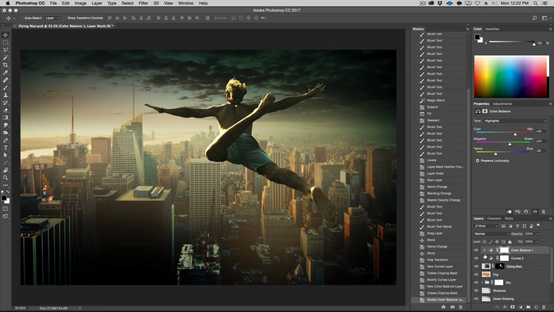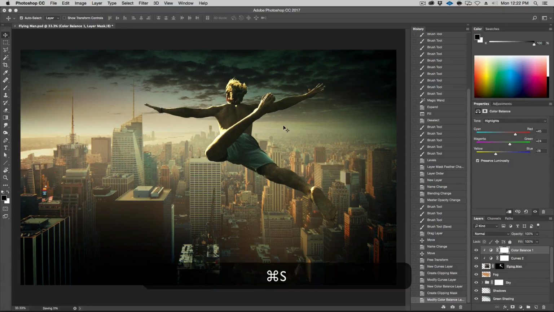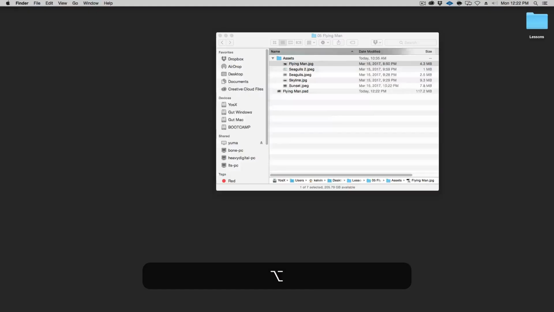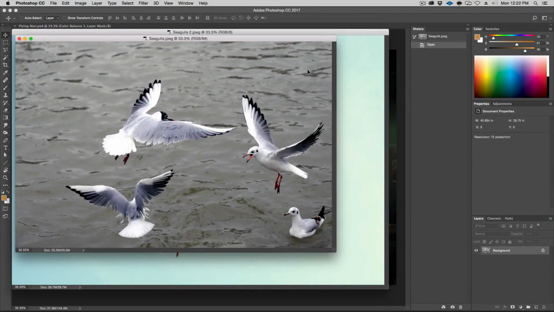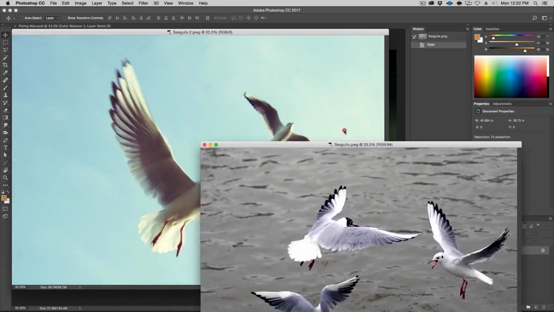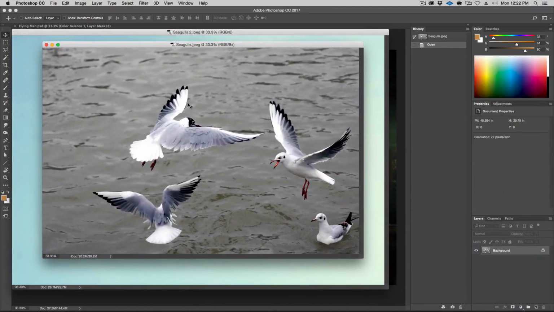So we have the guy in a position pretty good. The outline's pretty clean. We could come in here and clean that up a little bit, but for now, let's just leave that. Let's come and bring in some of the birds, okay? So just save this for now, Command S or Control S. Let's go to the Finder, and we'll have two seagull files. So let's just open those up. Here we go. All right, so the birds that we need: this one, we use this one, and then both from the other image. So let's start with this one, which is the one that's most foreground.